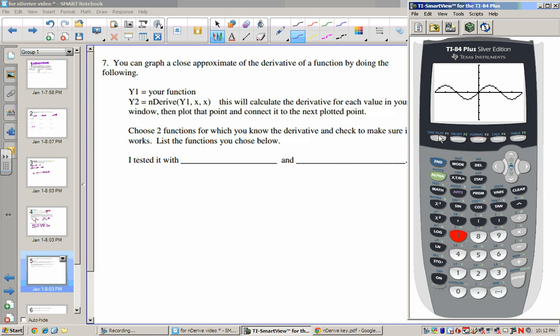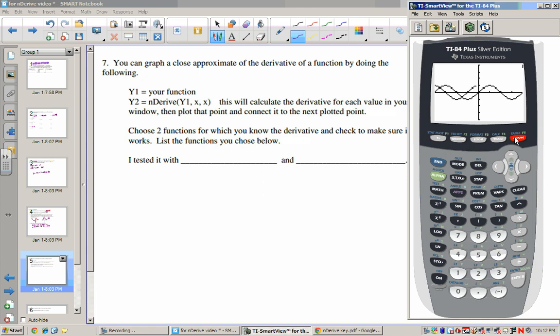And what we're going to do in our y equals is we're going to graph the other one using nDerive. So we're going to do math 8, and we're going to do the derivative of y1. So here we go, vars, y vars, y1, and we're going to do comma x like we did before, comma, and here we're going to put in x because we're going to do it at every value of x. And we're going to press enter, and when we graph it, oops, got to hit graph. When we graph it,